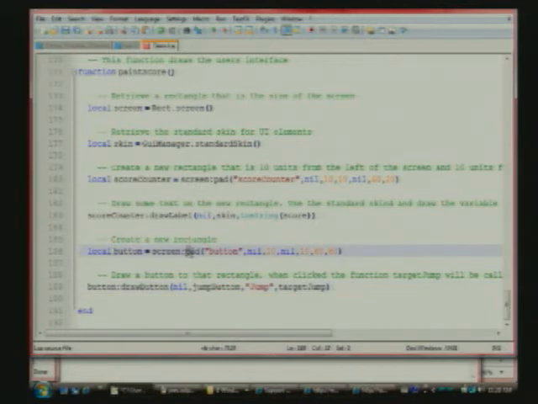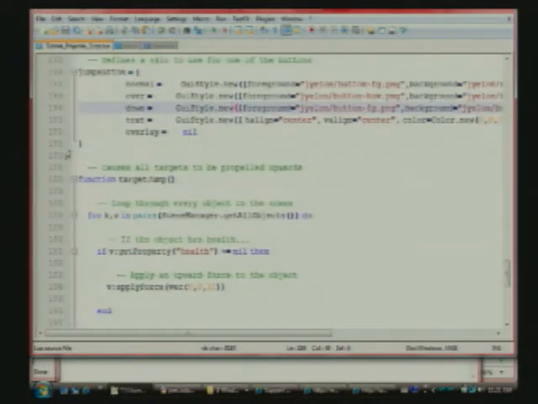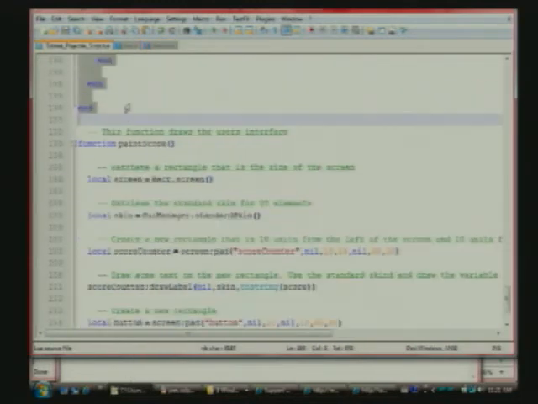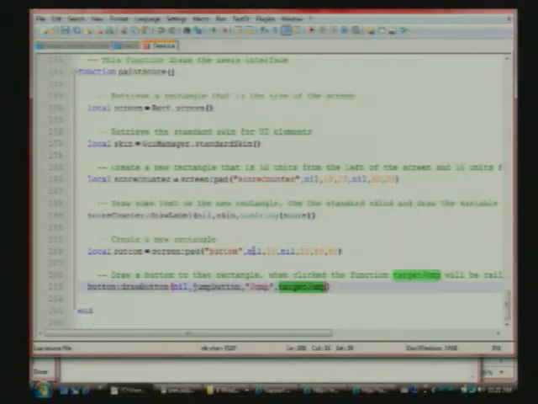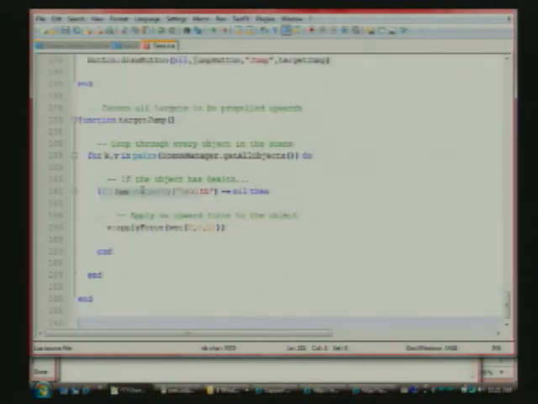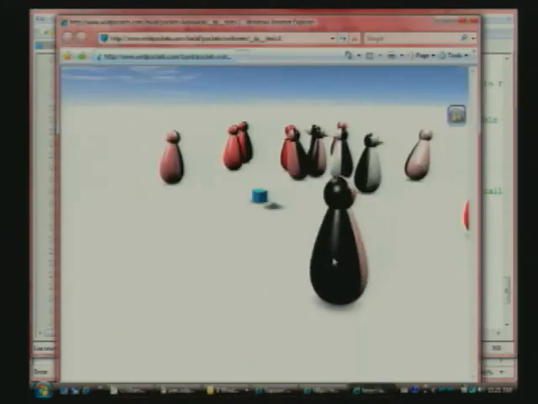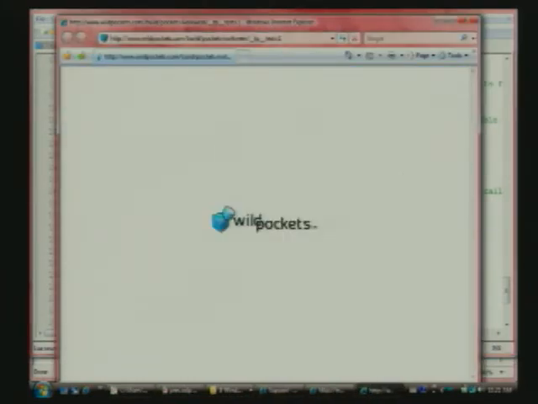Again, for the button, you need to create a rectangle. In this case, there's a 10-unit padding on the right and a 10-unit padding on the bottom, so this will be in the bottom right. Call draw button, pass it the skin, pass it some text to draw on the button, and the function. Since this function doesn't exist, I'm going to go ahead and create that function. Copy. Paste. There we go. Target jump, I'm not going to go into it too much. It's basically just a for loop that applies force. So now, if we go back to chess mode, and we hit refresh,